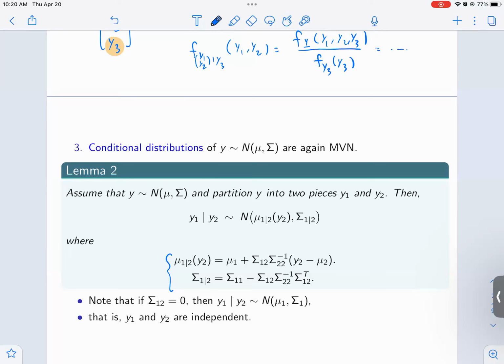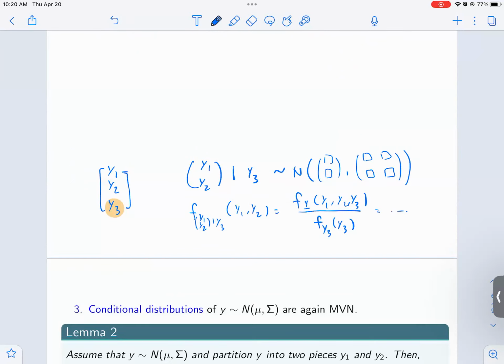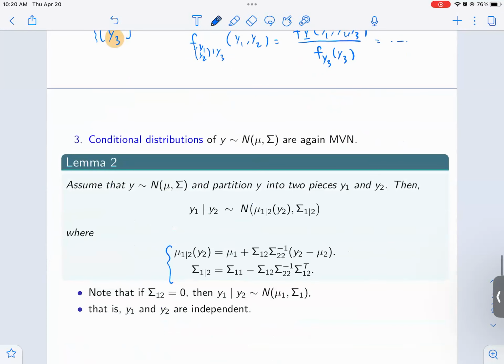So this formula, if you want to understand it, let me do this, it's easier. I want to say y1 conditional on y2. So here, what I'm doing is I subdivide into two pieces. This is a special case of that where this is y1, this is y2. Unfortunately, the notation is unfortunate, because maybe I should have written it like this, y1, y2. It's a subvector. So this is going to be normal. The mean is going to be, in general,